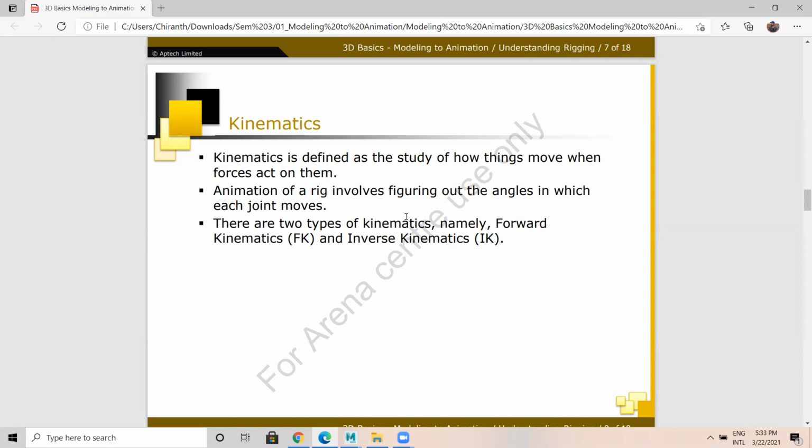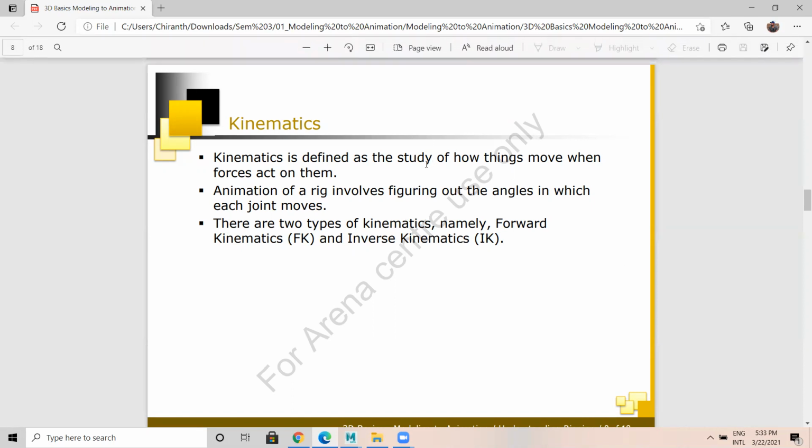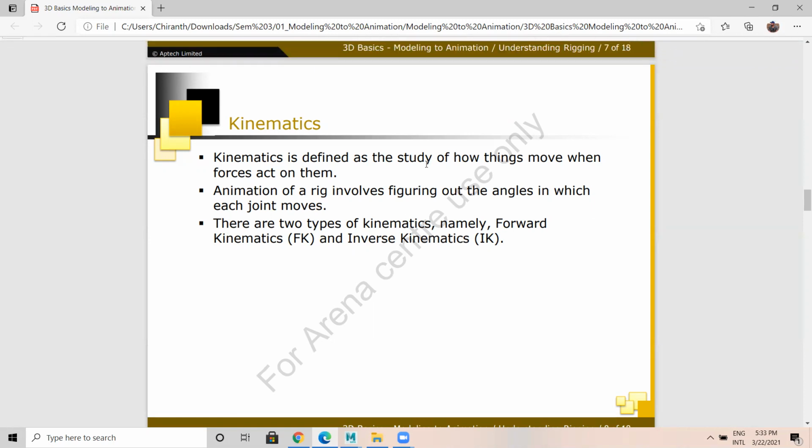Because the more you observe, the better animation you can do. That's how it is. I'm talking about animation in rigging because it's all linked. To do animation, rigging is the main part. Rigging and animation are completely interlinked.